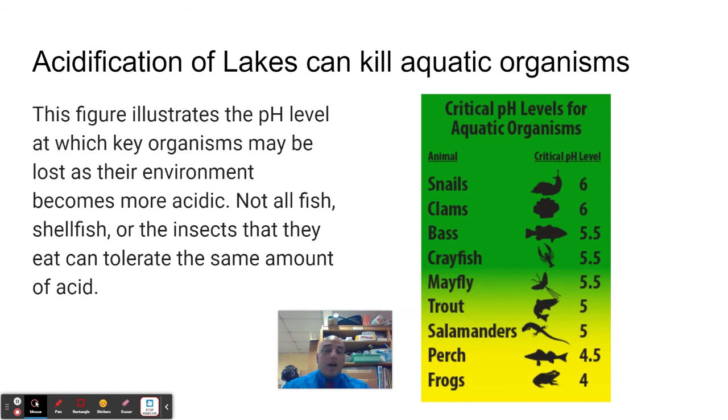Okay? All right. A power plant that is not even close to a lake could actually kill all those animals in the lake because the gases downwind could come down as acid deposition, and it could change the pH from, let's say, if the lake was at a 6.5, everybody was living, everybody was happy, but then slowly the lake becomes more acidic as more acid deposition occurs, and finally it gets to a threshold where there's not going to be any living things in that body of water. Okay? This is called the acidification of lakes. And there's a threshold of animals that could potentially live there.